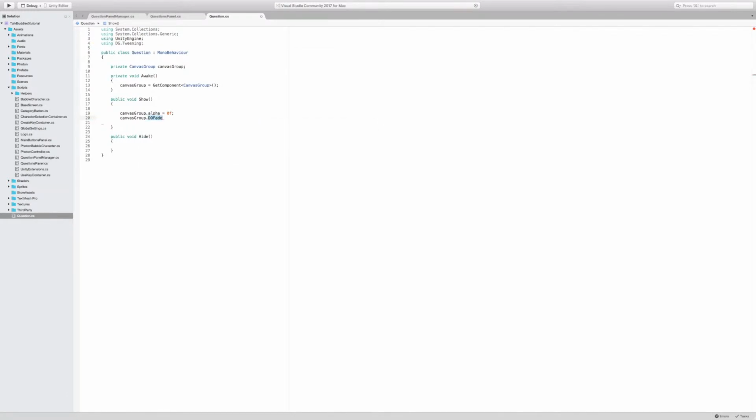And now you can say DoFade. The first parameter is the end value. Well, we want it to be fully opaque, so 1. And the second parameter is the duration of the animation. So here we say 300 milliseconds. And this could be it, but